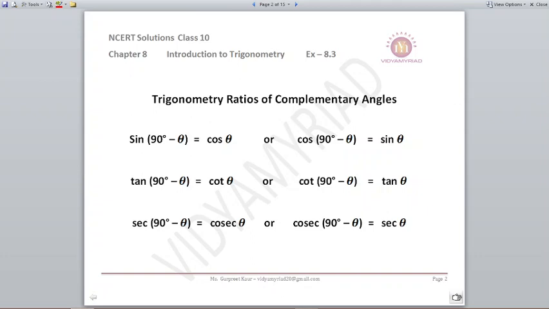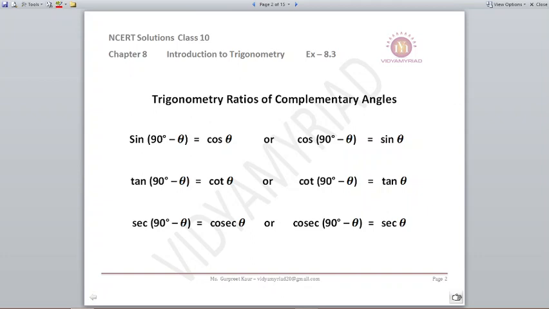Now suppose we have sine (90 minus theta). It is given theta is any angle for us. So that will be written as cos theta. Now suppose that theta is 30 degrees, just an example I am giving. So sine (90 minus 30 degrees) will be written as cos 30 degrees. And what is 90 minus 30? That is 60. That means if we are given sine 60, that 60 can be written as 90 minus 30. Okay. So sine (90 minus 30) will now become cos 30.